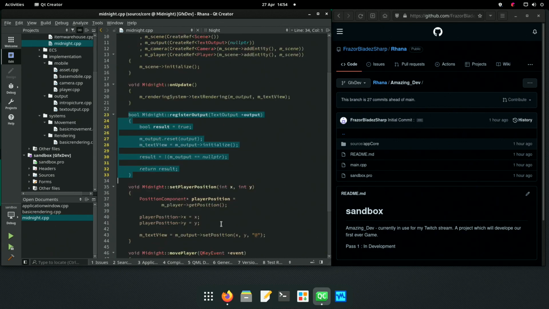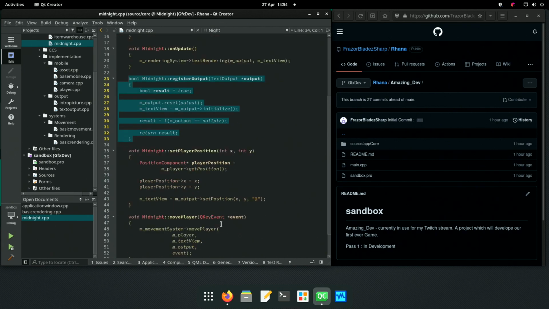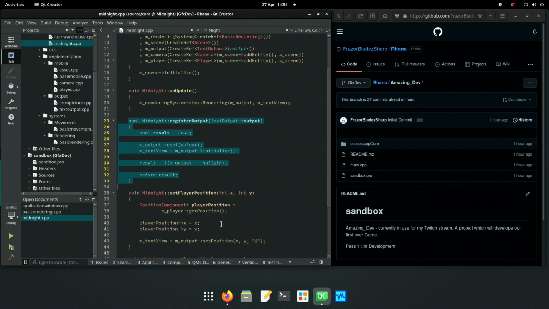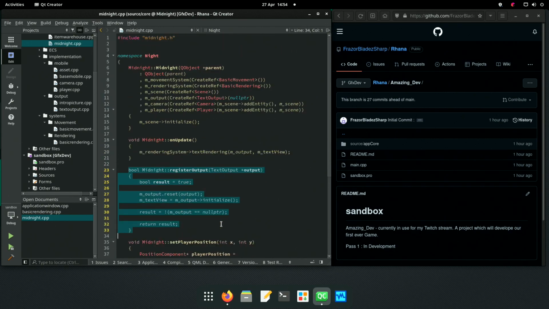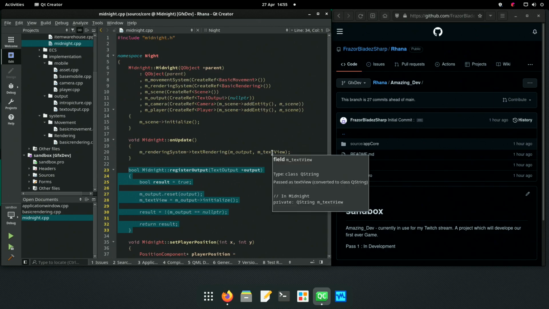We can also set the player position. We can move the player. So register output. And it's an M, so it's a member variable text view.